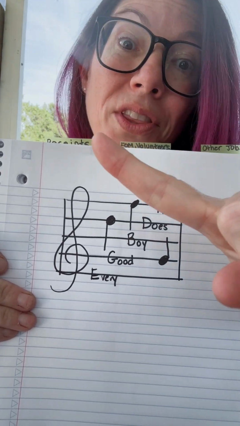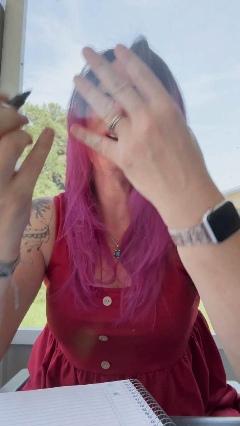So, one more thing to learn, and then you're going to be able to play my game on Thursday, okay? Here's the last part. We know our lines. Every good boy does fine. Also, don't write on your hand without your grown-up's permission, because I don't want you to get into trouble. But what about the spaces in between? They have to have letters too, so that we can decode them. Here is the most super fun part.